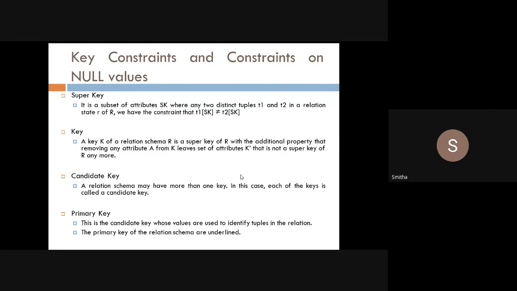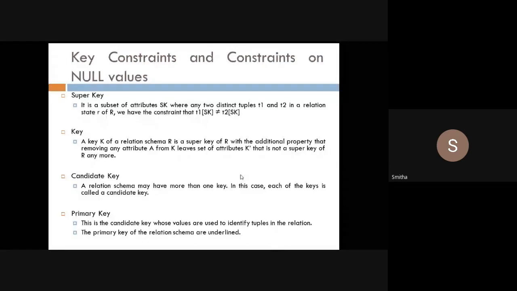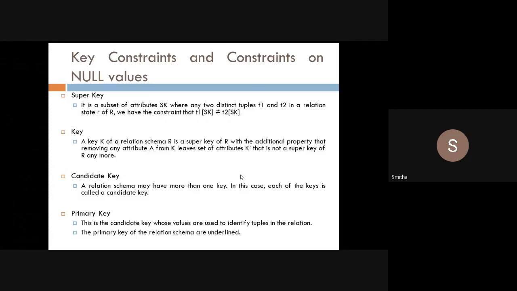Here super key and key are mentioned as two different types, but sometimes, not always, we can use these terms alternatively, because a super key is also a key. In some conditions they are not the same, but in some conditions they are the same. We can say a key is a part of a super key. Here they have mentioned that they are different types, so we will see the definitions first, then try to understand, students.